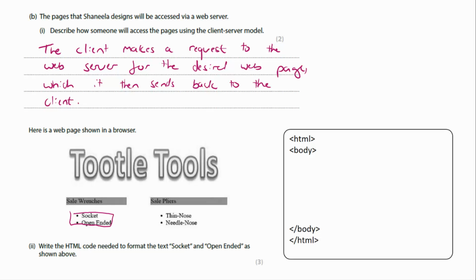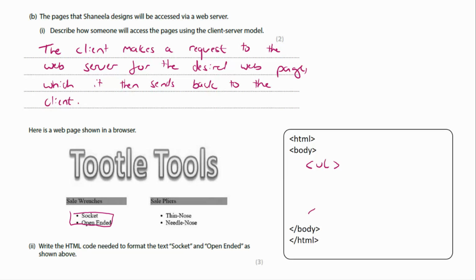This is something I didn't really cover in the videos because it's like learning a programming language in a sense, a simpler one, so you just need to go and look up videos on YouTube or look in your textbook and it should teach you from scratch. So we need to define an unordered list here, just because we're dealing with bullet points. So an ordered list would be numbers, so this is an unordered list. So this uses the, let's do an indent here, the UL tag, unordered list,